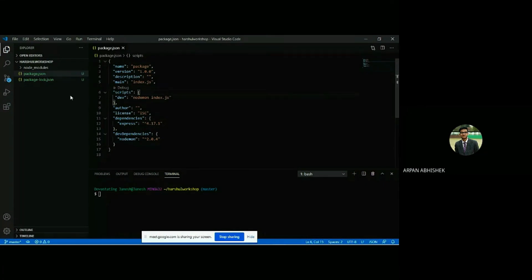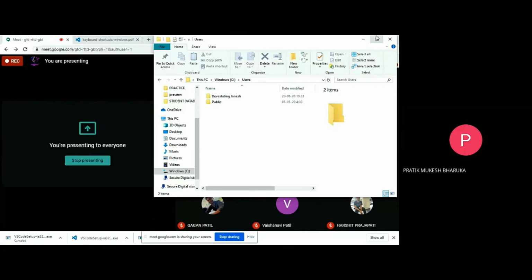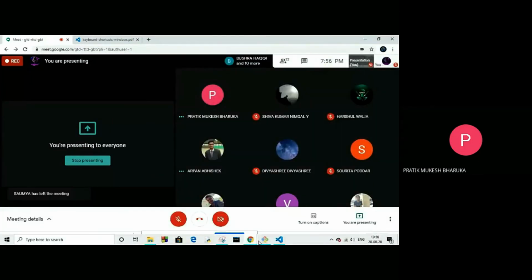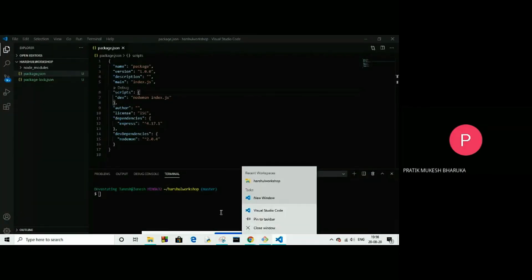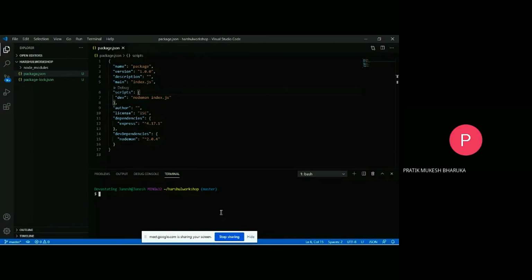You can close it, and you can create index.js. You can close the package.json, bro. Harshul, yeah, open your Visual Studio Code. By closing a particular file in Visual Studio Code, he means can you see an X on the tab of package.json on the top? There's a cross. Yeah, correct. This one.